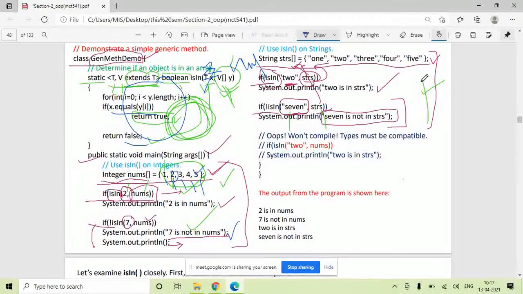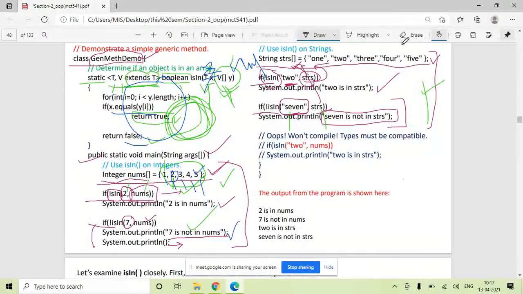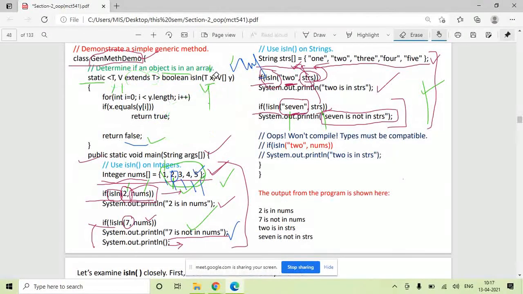And when you call this function with strings, the first time when you use this 2 and strs, this T will become a string and it will have 2, and this becomes strs. So this string 2 is searched in strs. If it is there, return true, otherwise return false.